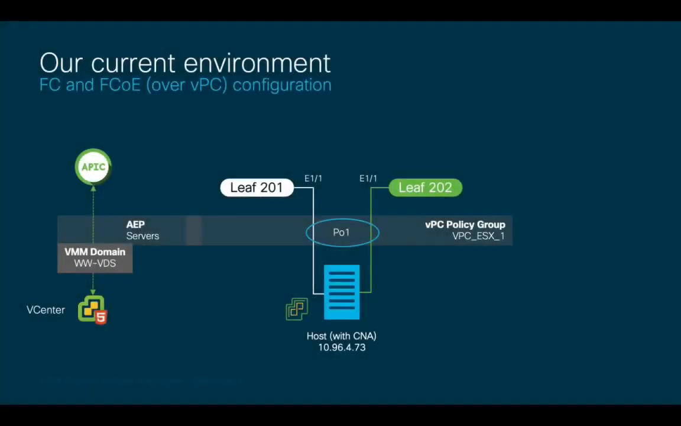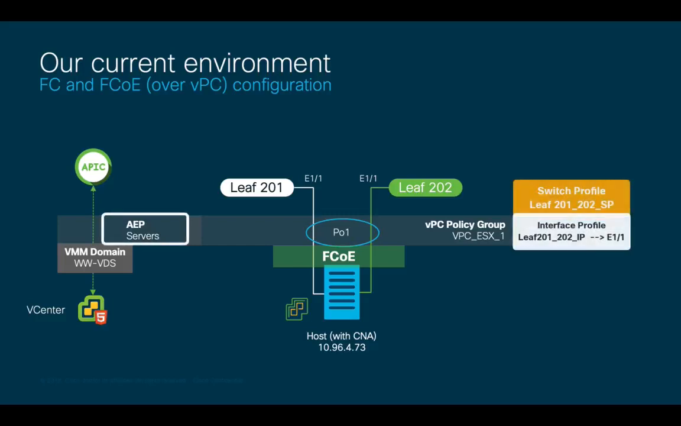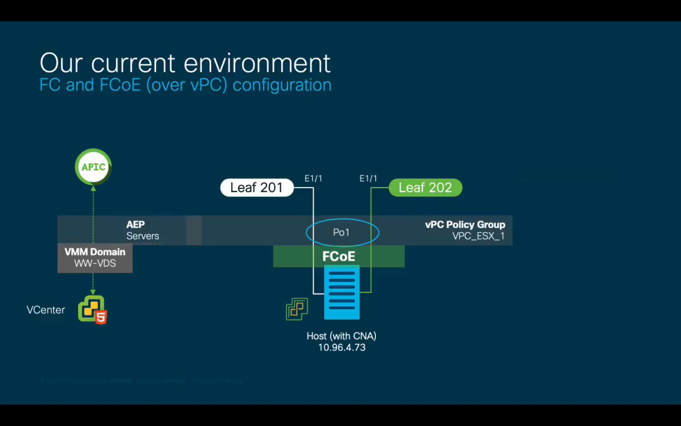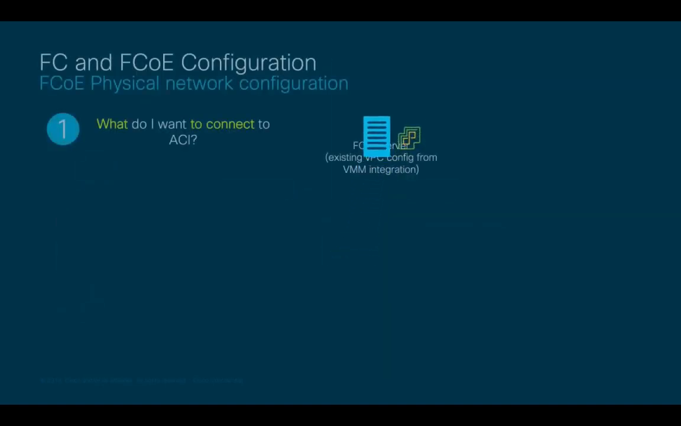We will only focus on enabling FCoE over such VPC, using the same physical adapters and adjusting the existing AEP, switch profiles, and policy groups as needed. Let's get started with our golden questions for our ESX server running FCoE then. The first question is, what do I want to connect to ACI? And the answer is, I want to connect my VMware server using FCoE this time and leveraging its existing VPC